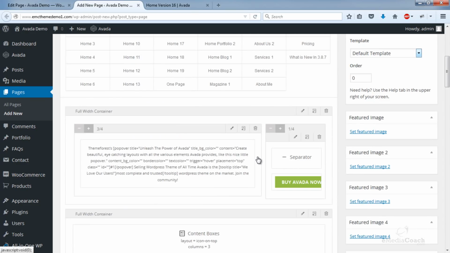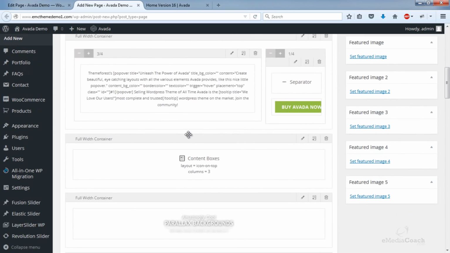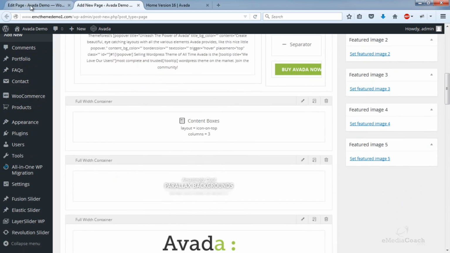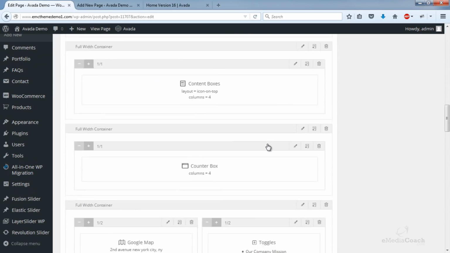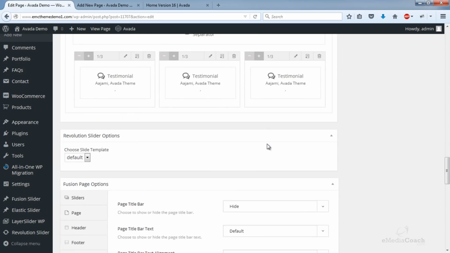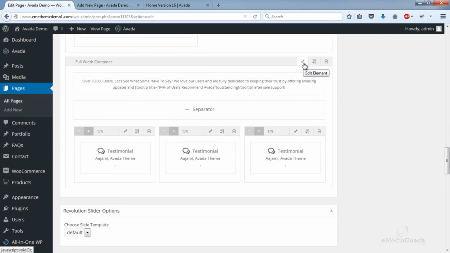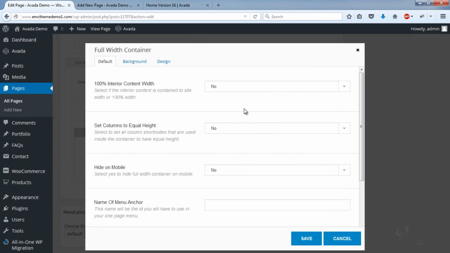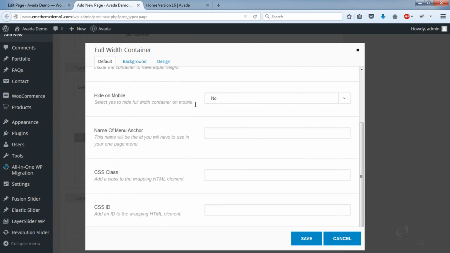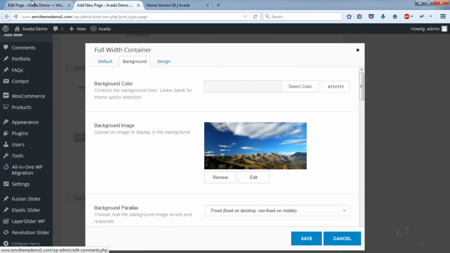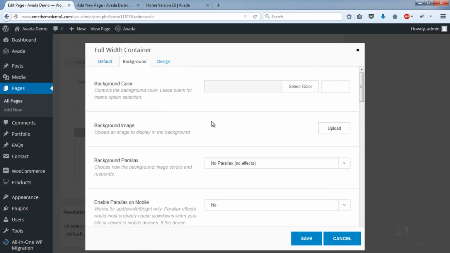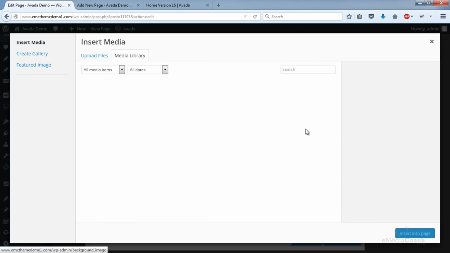And to be honest, you can add a background to any one of the elements that we've added throughout this process of building a homepage. So let me do that now. I'll go and add a background on this testimonial panel. Cool, so that's all default. Okay, let's choose a background image.